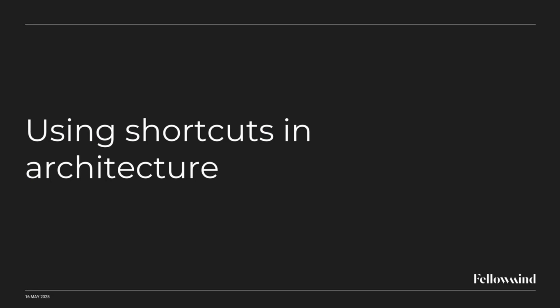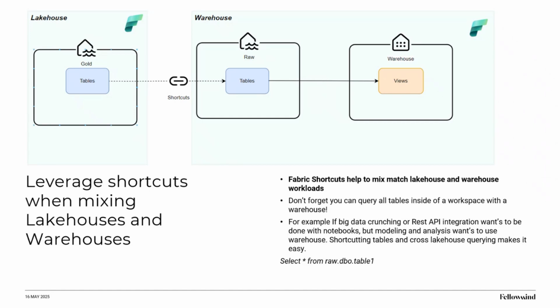Okay, then let's talk about how you can leverage shortcuts in the architecture. The first example here is leveraging shortcuts when mixing lakehouses and warehouses. Very basic example. If you want to do your data transformations with a warehouse, but you have some weird JSON or something that you want to handle before and have it on the lakehouse, or you want to leverage a lot of shortcuts for interesting data,